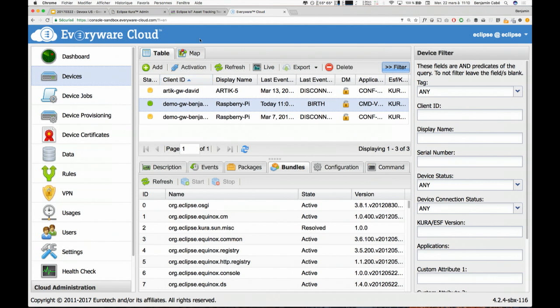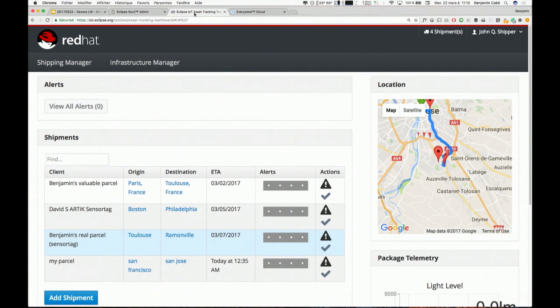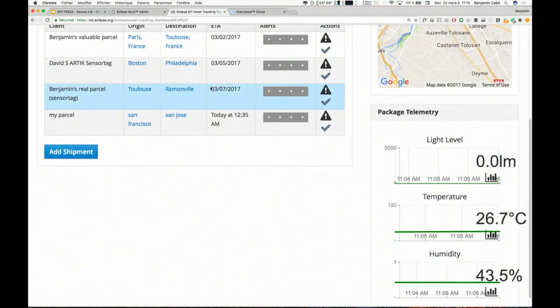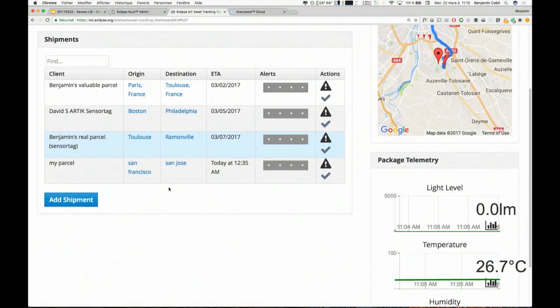I only have 3 devices here, but I could obviously have thousands. And so that's my backend, and this backend is exposing APIs. Those APIs allow me to build a UI, right? And the UI in my case could be this UI over here, where I've been using AngularJS and a bunch of other things to basically display the data.